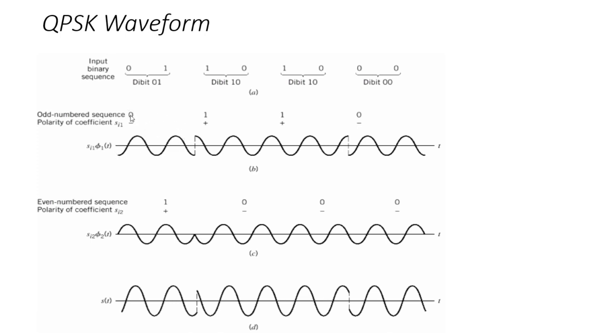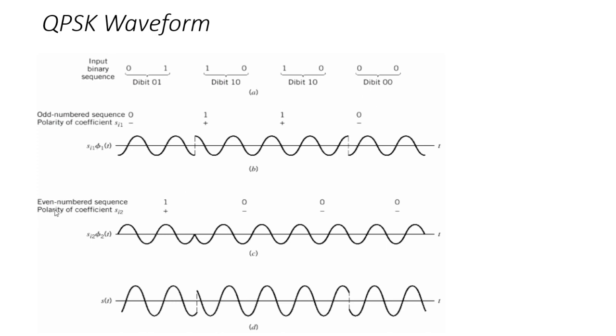Here we have considered that the two components are individual PSKs. So si1 phi 1 of t is one PSK, and si2 phi 2 of t is the second PSK. So this 0 is available for the 2-bit duration, and we will have the phase shift of pi. For phase shift of pi we are using the polarity minus, and for 1 we are using the polarity plus. So 1 has phase 0, and 0 has phase pi. This 1 will be available for 2 bits, similarly this 1 for 2 bits, and this 0 for 2 bits.